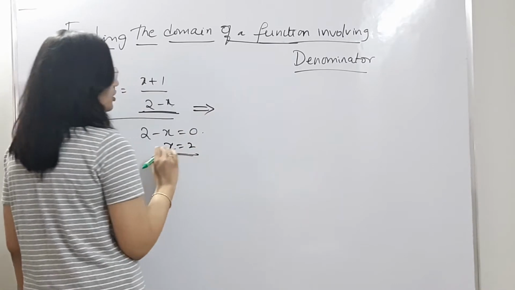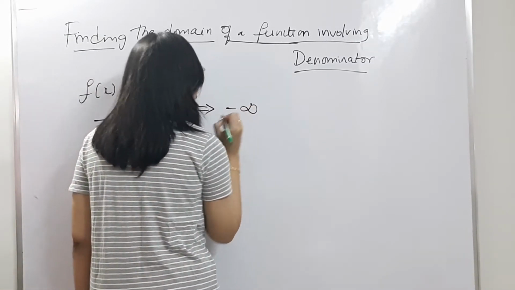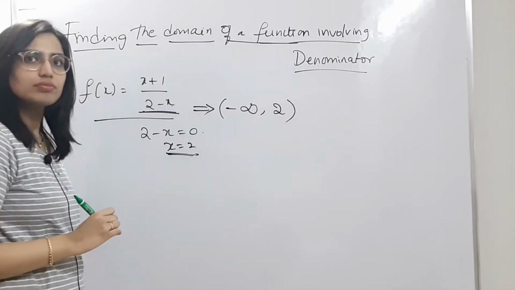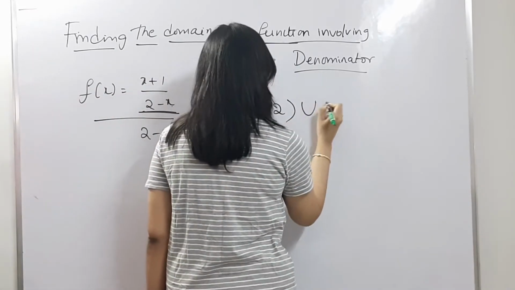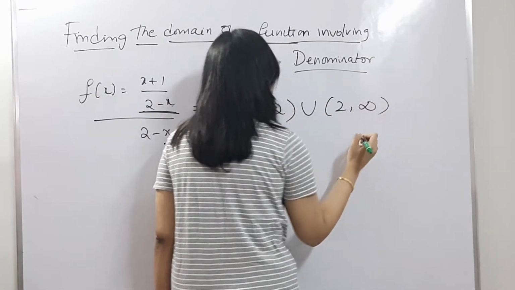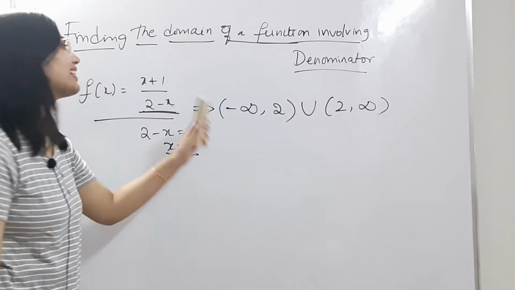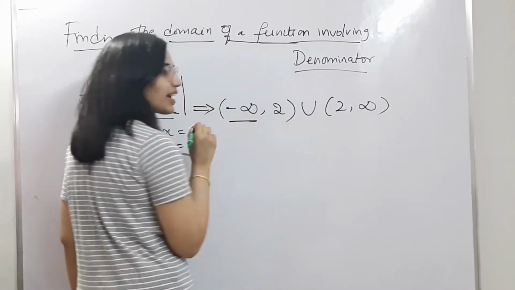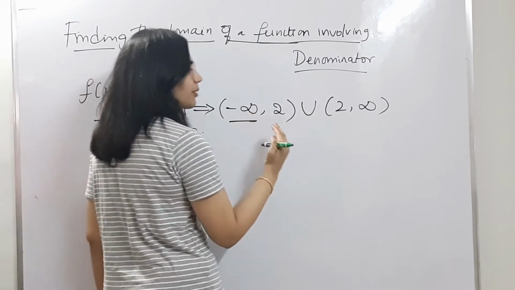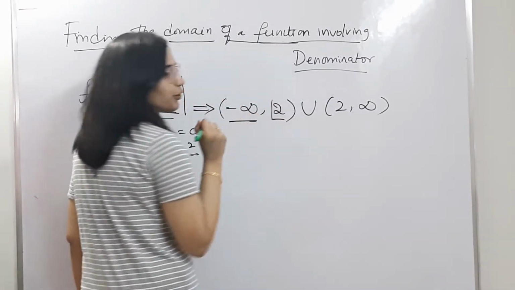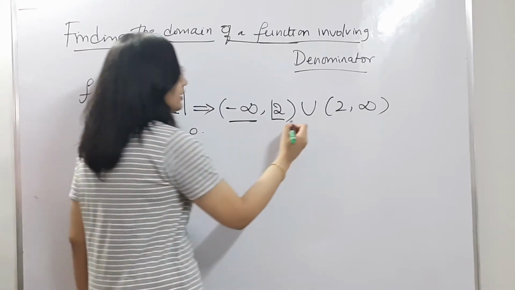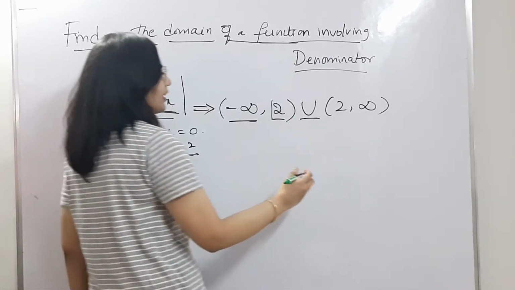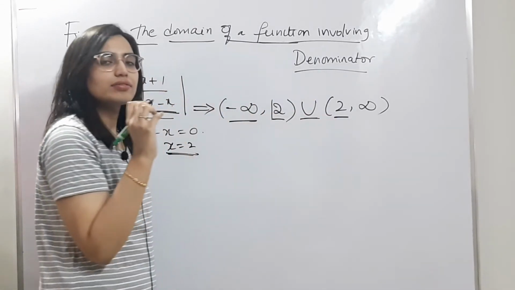So how do you write this? You need to exclude 2. In such cases, you put minus infinity comma 2, union 2 comma infinity. This is how you exclude 2. This means that this particular function will take the values from minus infinity, to the left corner, until before 2, but not 2. That is why we are writing union, because these two ranges are the domain except 2, and then until after 2